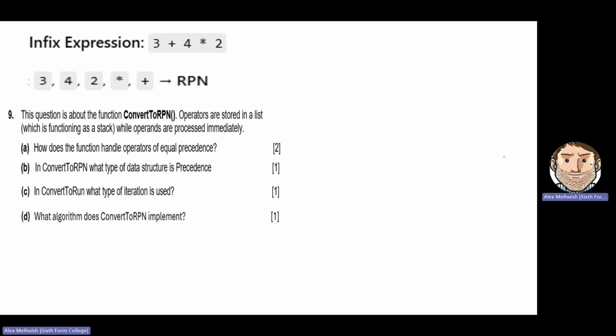The second question is about this convert to RPN function, which is definitely a function I think you need to be spending some time making sure that you're happy with in terms of the logic and how it works. Effectively, it takes the user's infix expression that they enter and converts it into an RPN expression in a kind of string form, I think. Just to remind about how you do that manually. So effectively it's doing the manual version